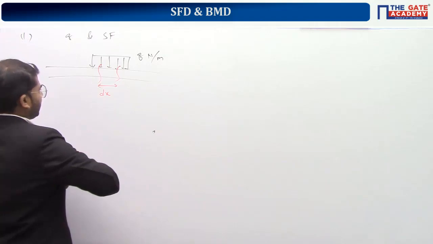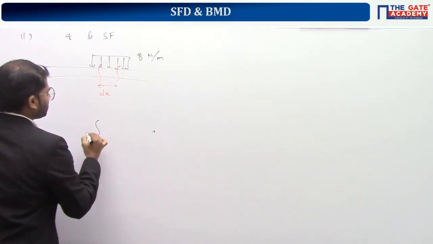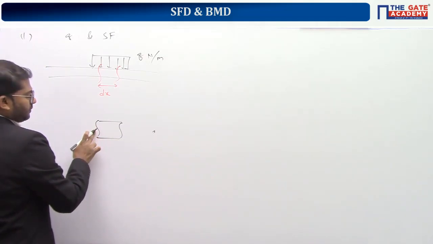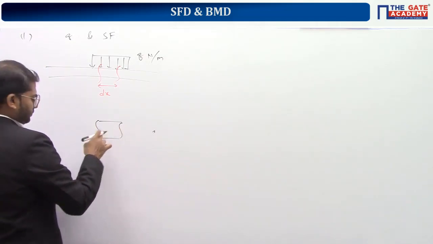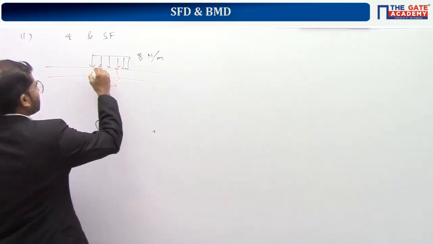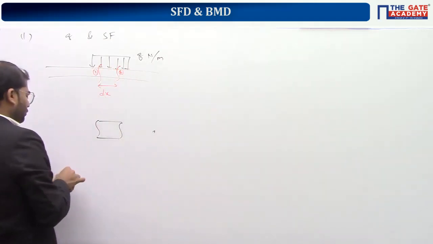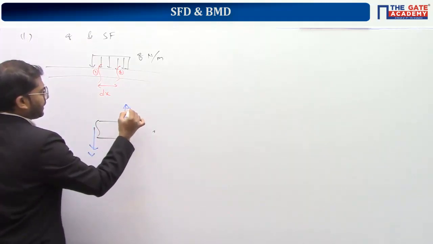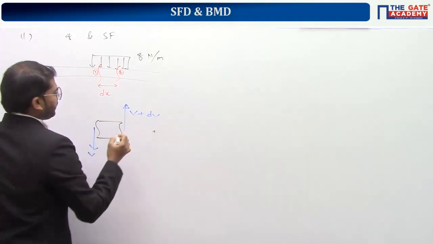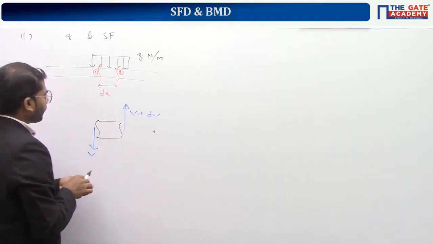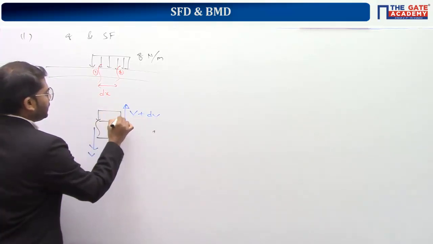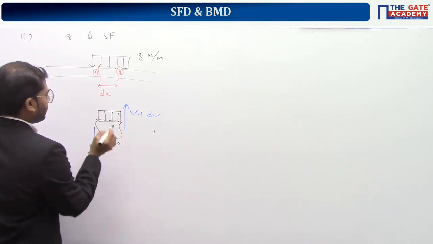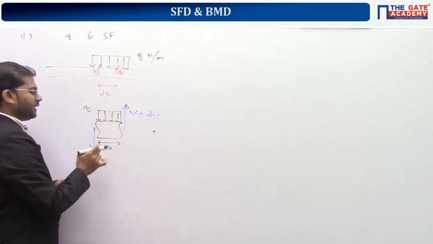Okay. So if you take this portion, it is like this. It is the right part of the first cut. It is left part of the second cut. I've taken this portion, so this is first cut and this is second cut. So you know that according to our sign convention, here shear force should be taken downside and here shear force should be taken upside. So I'm taking V plus dV because shear force will change. And here we have the load intensity, which is uniform, that is Q, over this length dx. So we should get the relationship between V and Q.